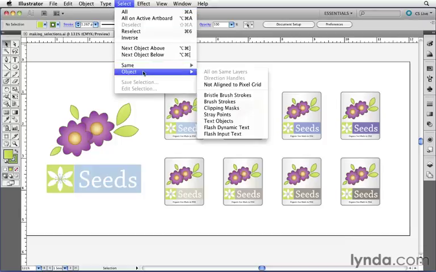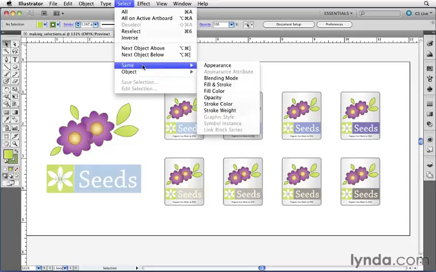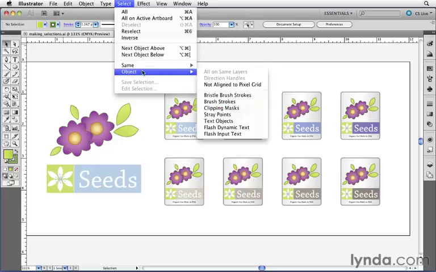On a basic level, the Select Same functions allow you to select one type of object and then tell Illustrator, I want you to now go ahead and select all the other objects in my document that are the exact same as the one that I have currently selected right now. So in other words, it allows you to select one object and then select others that are exactly the same. The Select Object command allows you to select similar types of objects inside of your document. In this example, you don't have to select anything first. You just tell Illustrator, well, select all of my text objects, for example. Let's take a look at how some of these settings work.